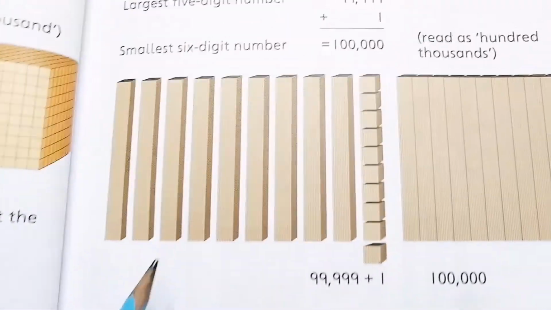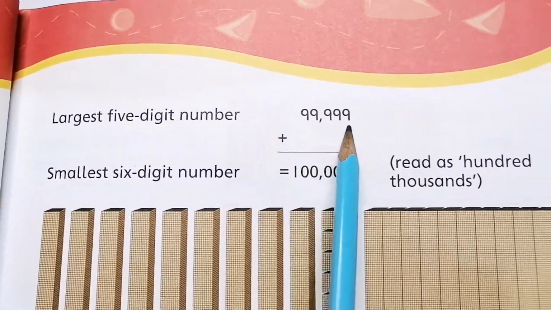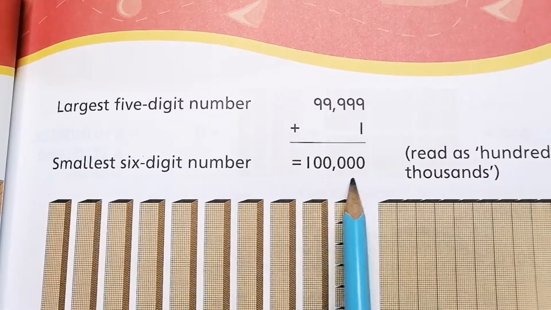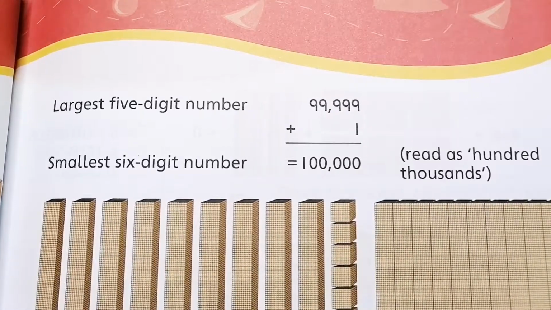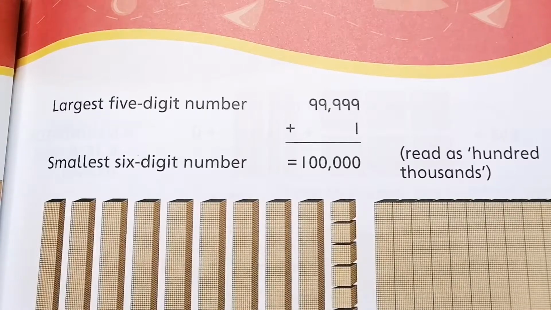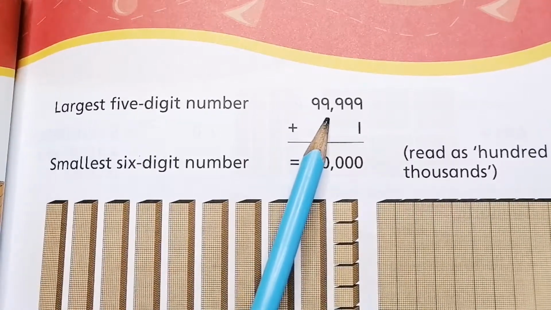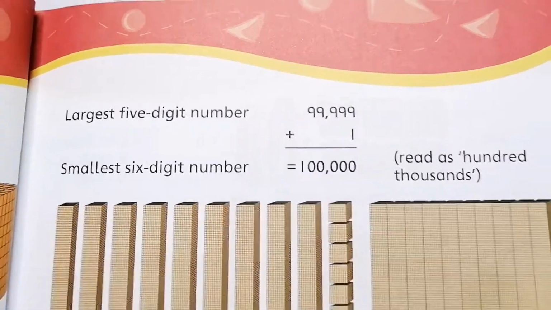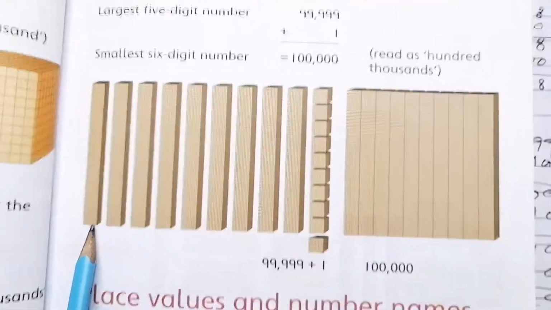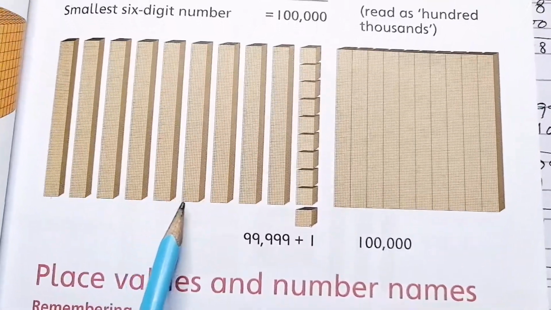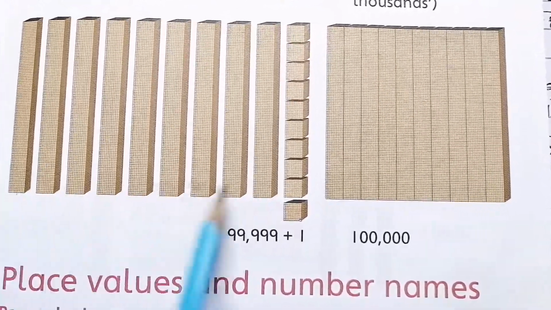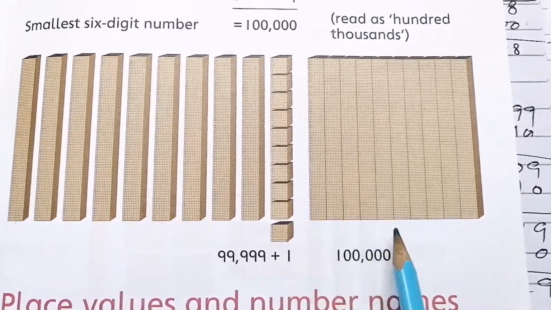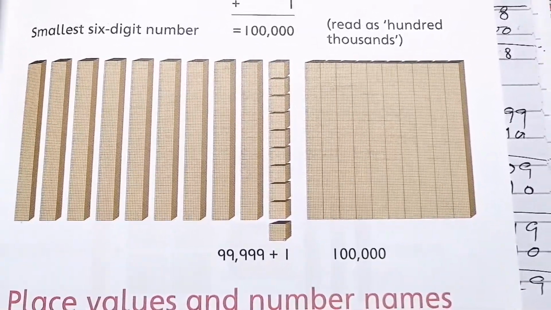So this is also again one example given here, 99,909, right? So adding 1, it makes 1 lakh or 100,000, right? So 1 2 3 4 5 6 7 8 9, so it is 99,000 now, right? So obviously 1 will be equal to 99,000 makes 10,000. 10 20 30 40 50 60 70 80 90,000 is this, and then you add 9,000 plus 1,000 is equal to 100,000, right?